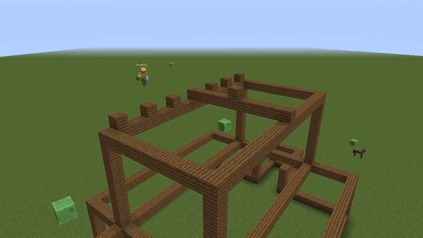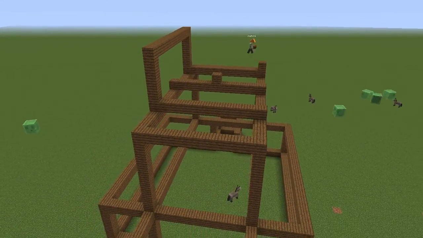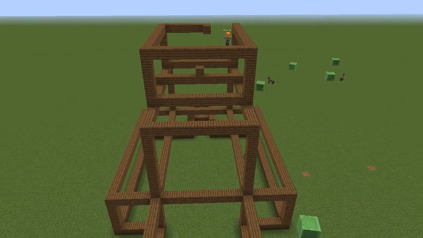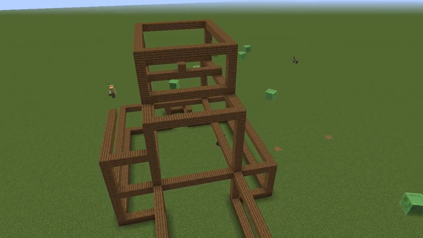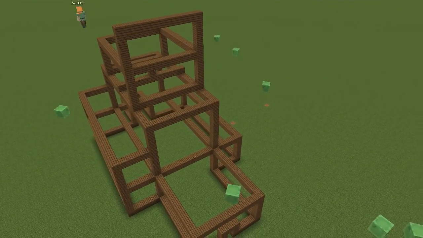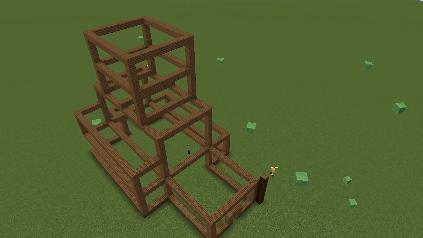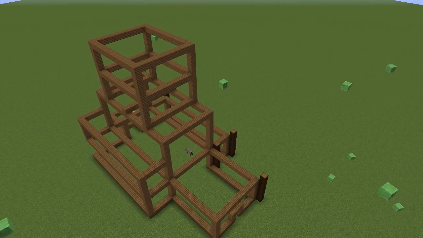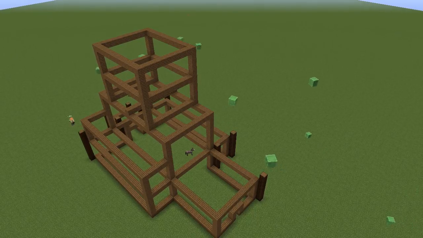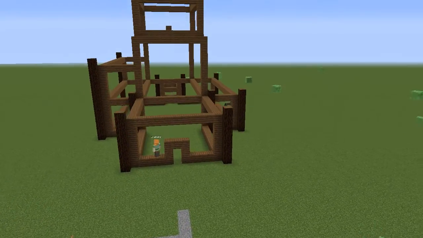This way, I normally do all this with one type of block, so I know if it looks cool with one type of block, and that's when it's gonna look the worst. It's gonna look a lot better when I go back in and add more blocks, different colors, an actual color palette to the build. So now I'm adding a bit of